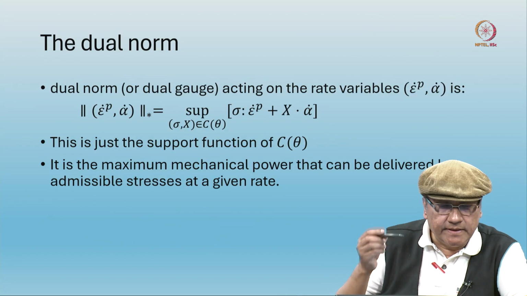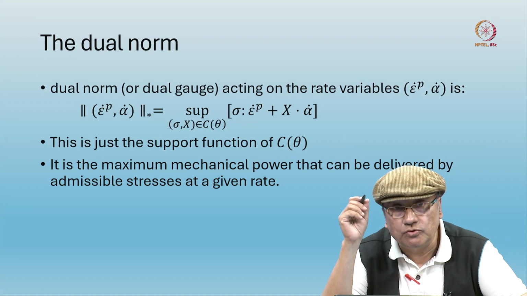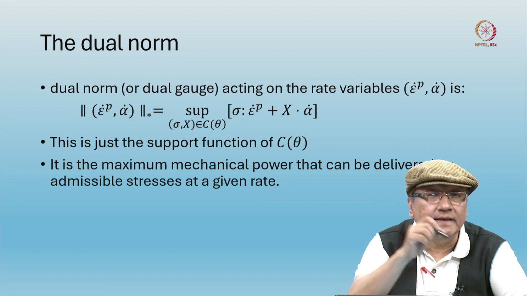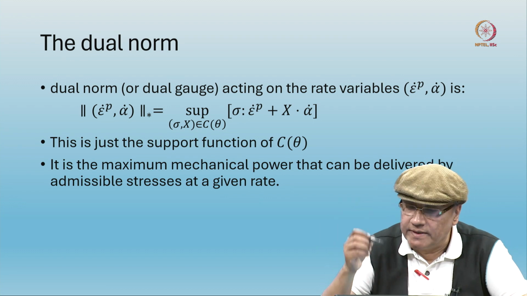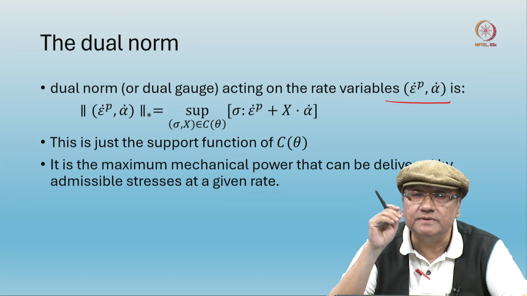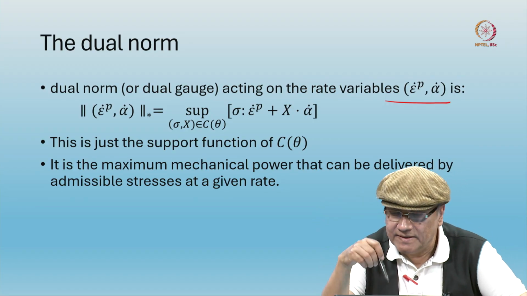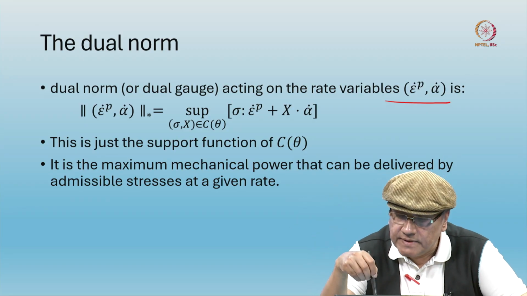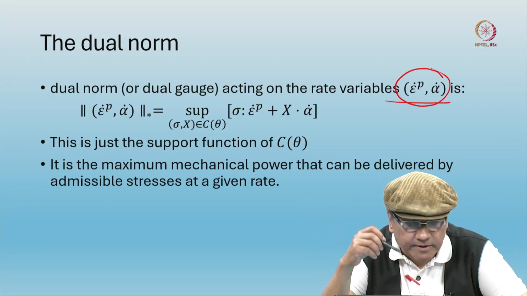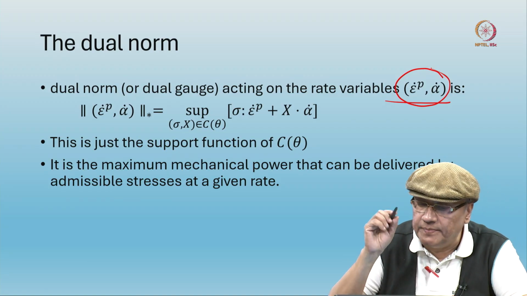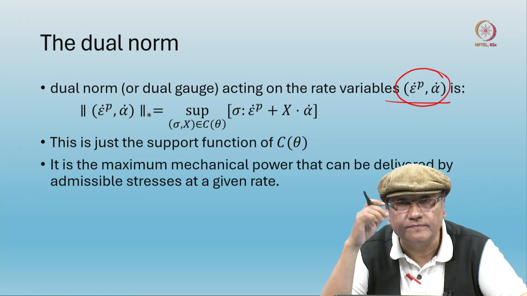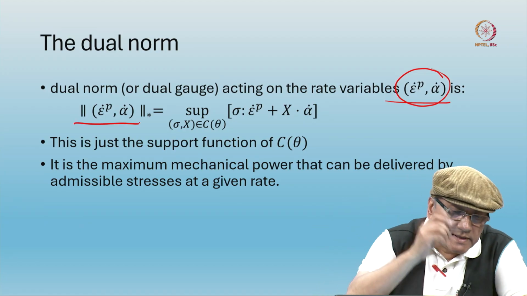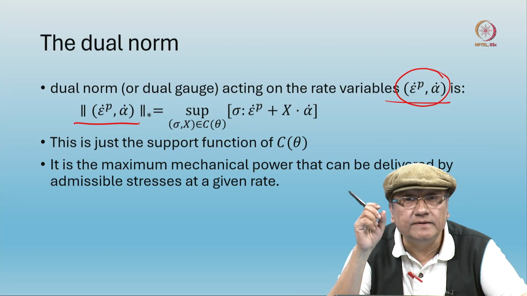Now, based on this we can define the dual gauge or the dual norm. This will be applicable not on the thermodynamic force like quantities, but on the internal variables, that is, the rates of them actually, because these are the rates that produce dissipation. So, this is called the dual norm on epsilon p dot, which is one of the rates of the internal variable, and alpha dot, another rate of the internal variable. So, this dual norm is defined by,